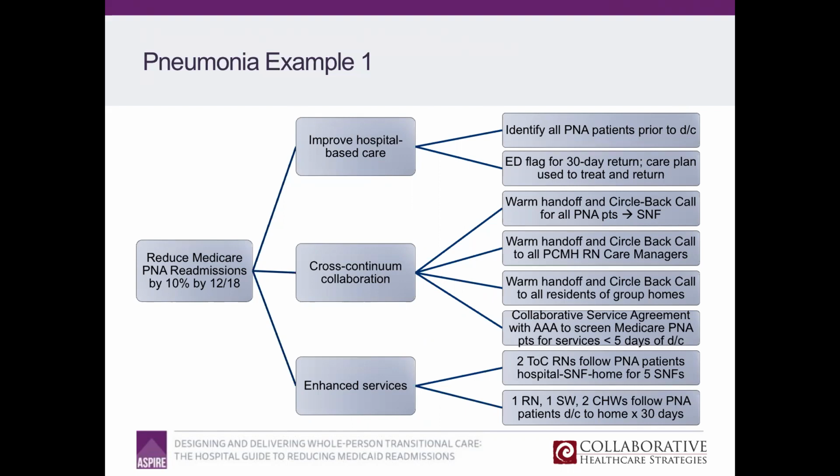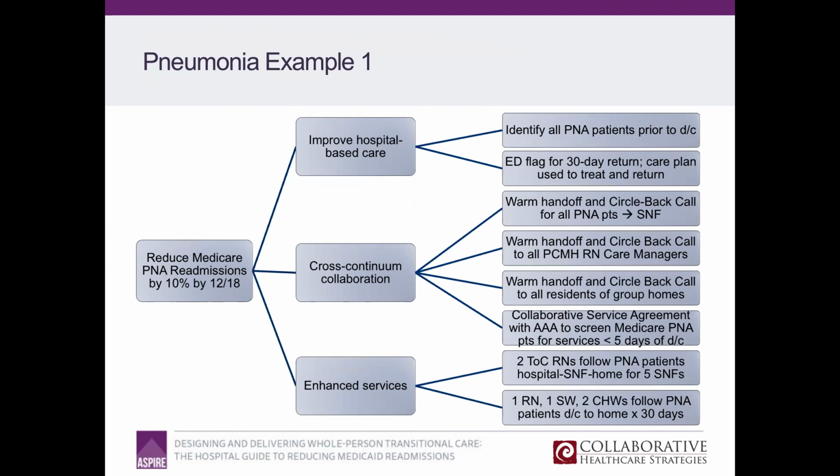So this is, again, just illustrative here on pneumonia example number 1. You can just kind of visually appreciate that there's a robust portfolio of strategies that involves a handful of things that we do while the patient is here, really, really good warm linkages and circle back practices, for the transition and delivering enhanced transitional care services, both attending to the patients who have been discharged to SNF, because those are among your highest risk patients, as we showed you in webinar number 1, as well as the patients going from being discharged to home. And so again, I recommend you discuss this as a team.